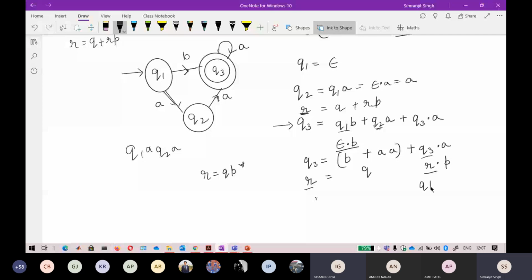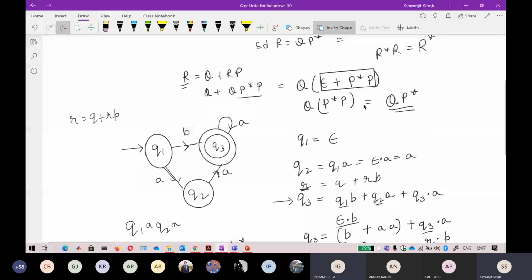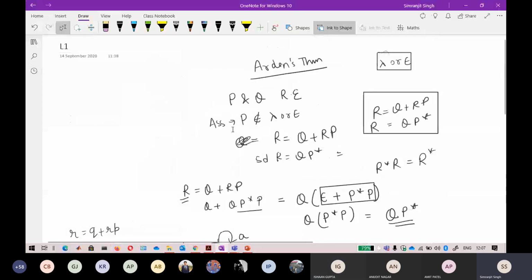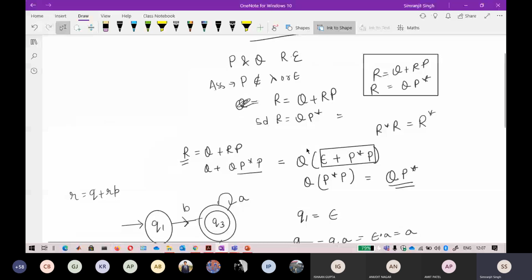Yes, that is absolutely correct, because if you want to solve it, the solution is already, I have told you the solution. If you remember the solution, R equal to QP star, I have solved it completely. And after the solution, the answer is QP star. So won't it come Q star?